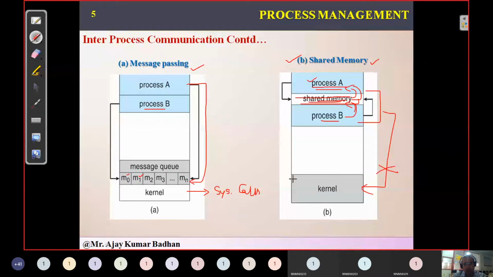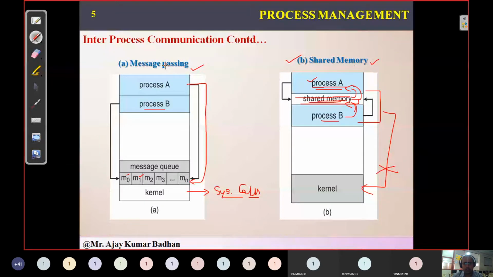Whenever you are not interacting with the kernel, definitely the speed will increase. But whereas here, each time you send a message, you need to generate a system call. When you generate a system call, the performance of the system is going to decrease, because we are trying to access the hardware in order to transmit the message.